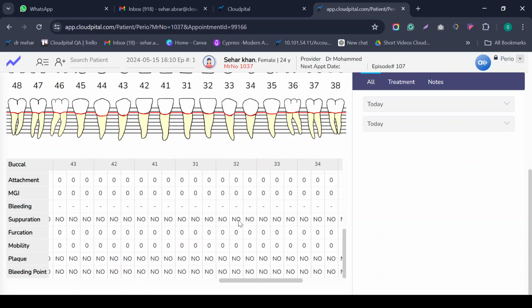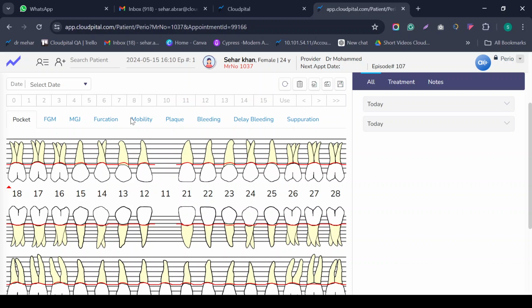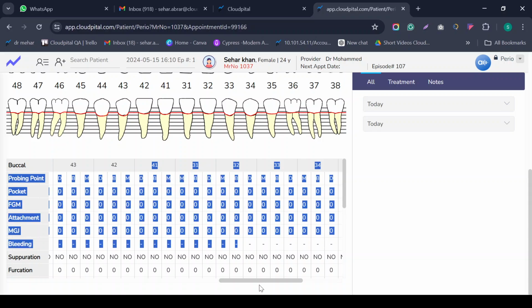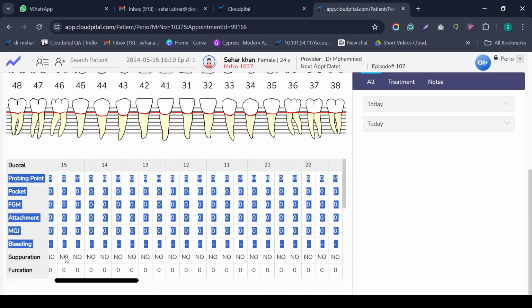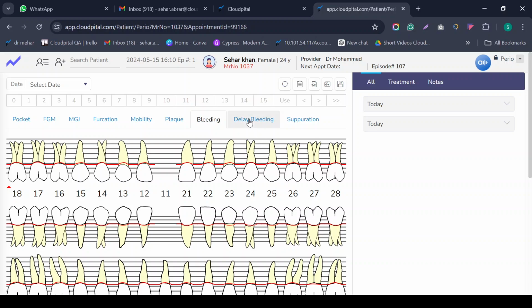We just need to write the data in these predefined forms and select the area. Like currently if the patient has a bleeding issue, a delayed healing issue, or any other issue, we just need to select the specific part and write the patient's details in these screens. We write all this information according to the doctors, because if the doctors do not allow some very strong medicine for the patient's needs, we can manage that and maintain all of the patient's history, like bleeding issues, delayed bleeding issues, and mobility issues. All of the issues we can add in these screens.